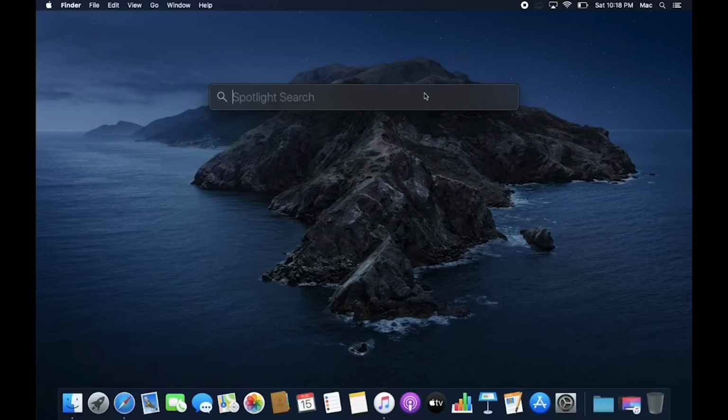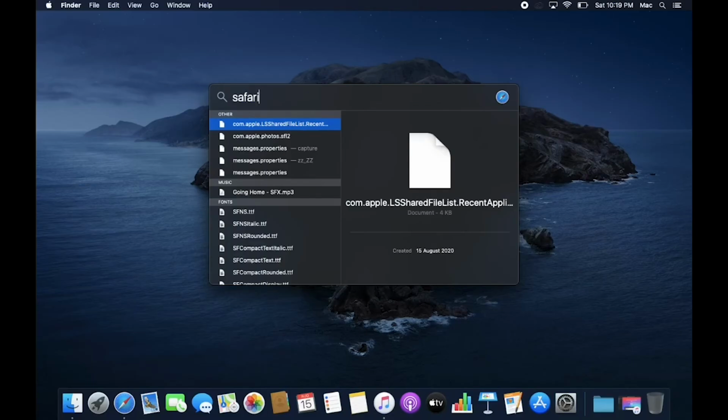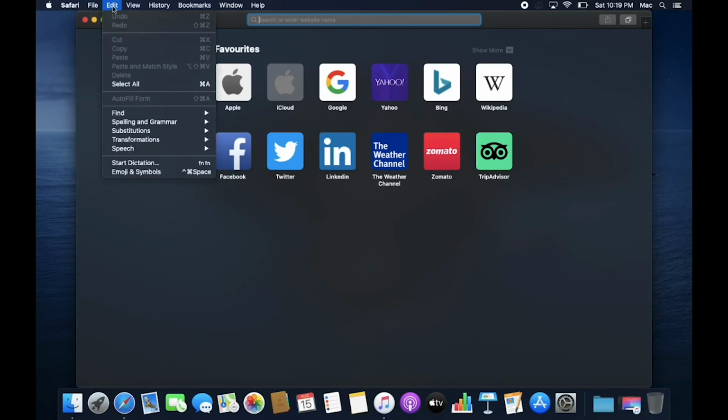On the top right corner you will find Spotlight. With Spotlight you can search any file or app installed on this PC easily. On the top left corner you can see the opened app name and you can access the app preferences from there.